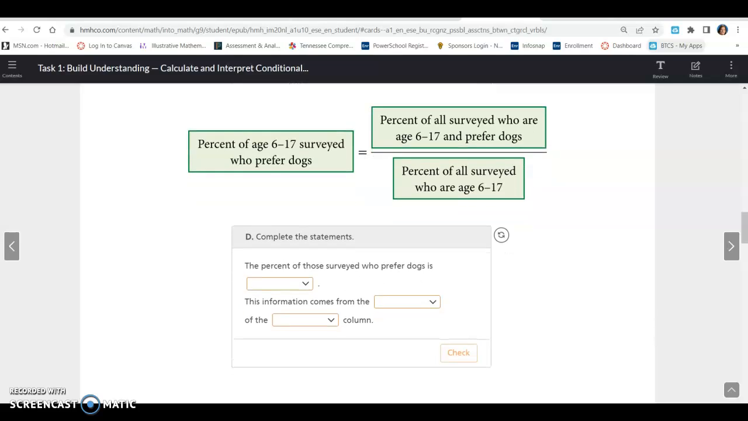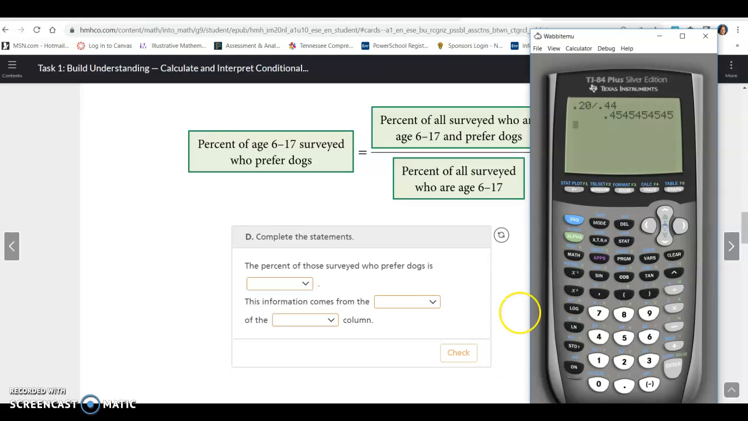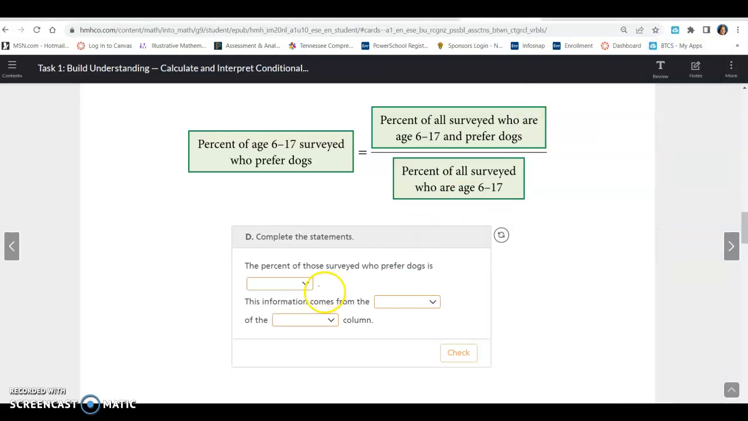All right, the percent of age 6 to 17 surveyed who prefer dogs equals the percent of all surveyed who are age 6 to 17 and prefer dogs over the percent who are 6 to 17. So that's where these numbers here come from. This was the preferred dogs. This was the 6 to 17 age group, so that's how we got the 45%. The percent of those surveyed who prefer dogs is